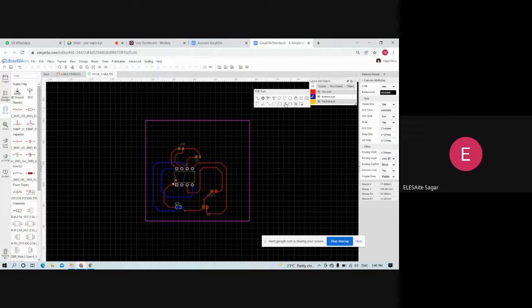So now this is used to check the distance between two tracks. You can see, it is 3 mm. Now resize the PCB again.